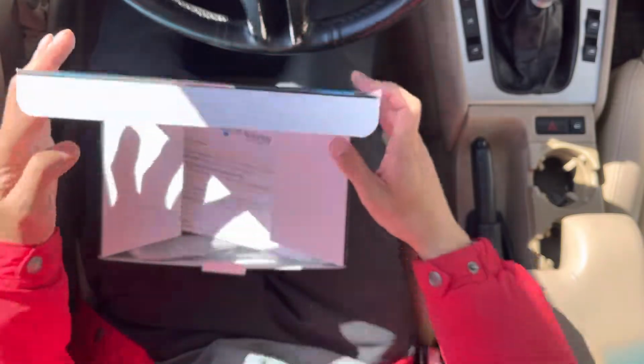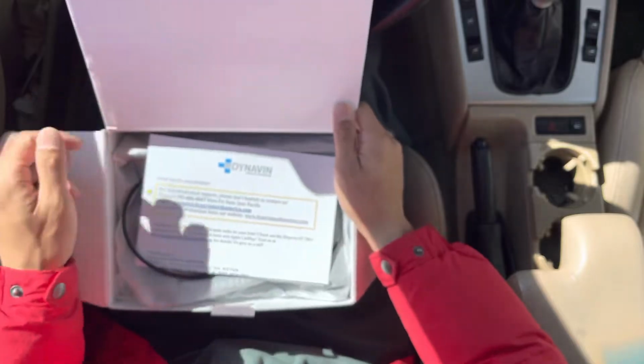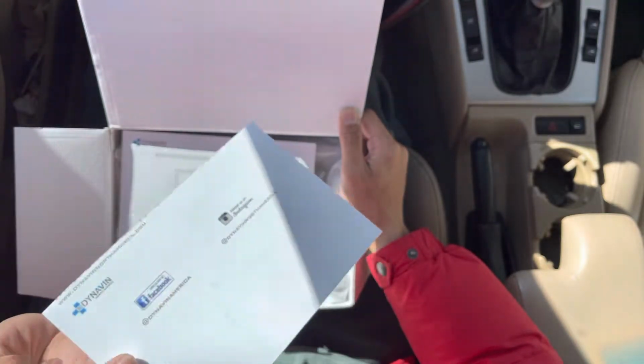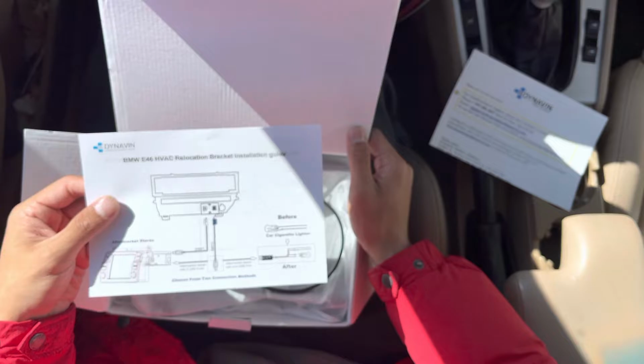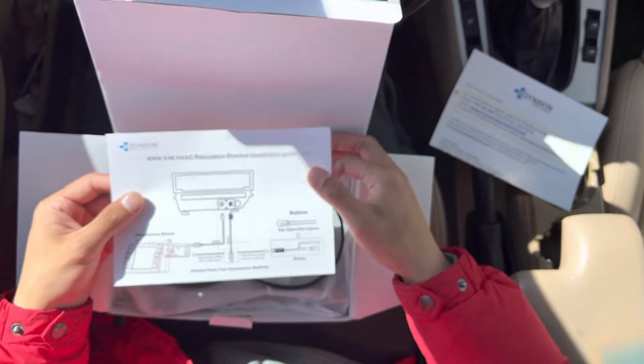All right, so it's a pretty nice box. You open it, pretty standard. Thank you for your purchase, nice. As well as some instructions, BMW E46 HVAC relocation bracket installation guide. So essentially,